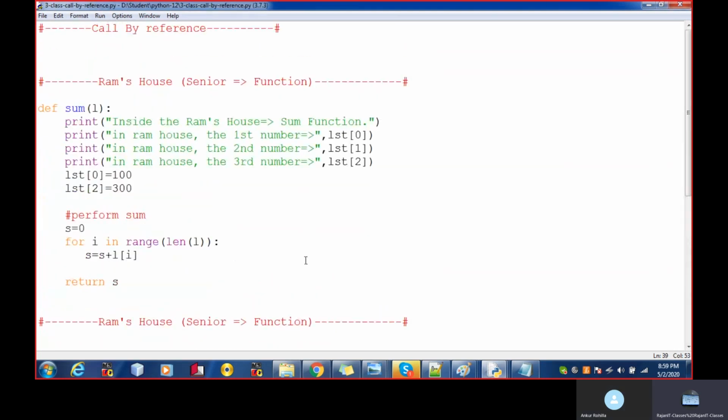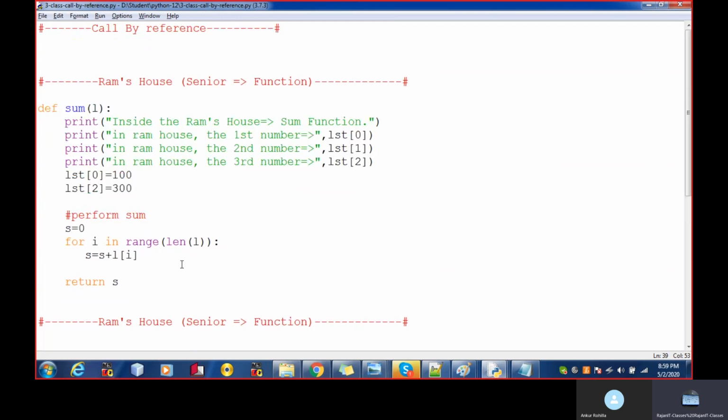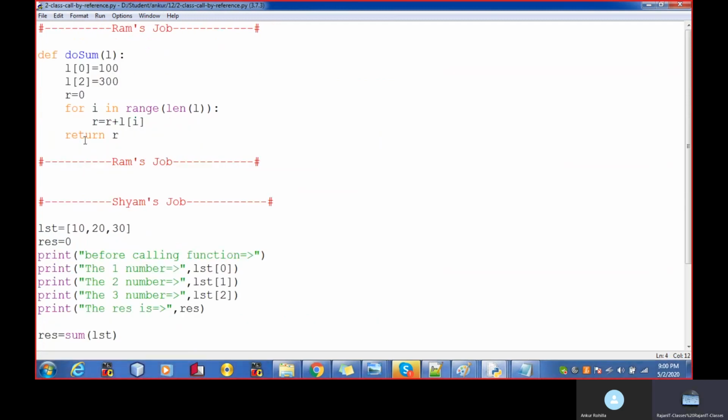What is the thing over here? Let's come over here. It's a list variable and we are passing the list. Let's change it with the LST.